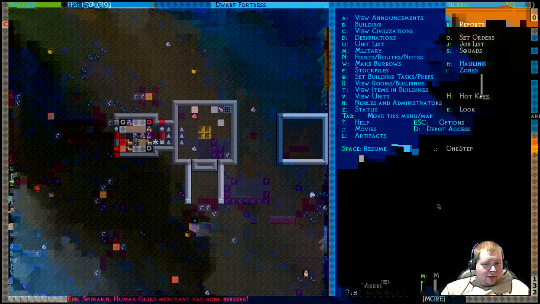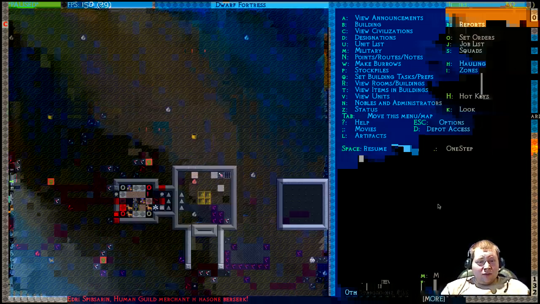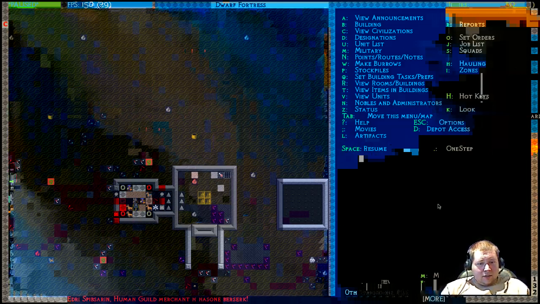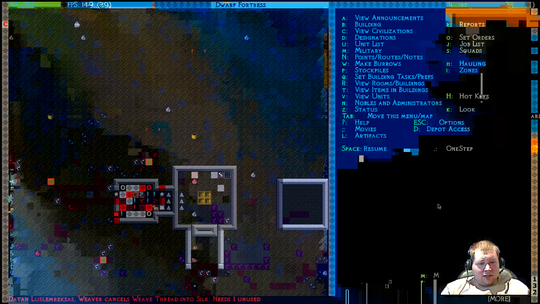Oh god. Human guild merchant has gone berserk. Human guild merchant has gone berserk. Okay, so for a second I was worried that it was my guy. My guys that had gone insane, but no, it looks like the...